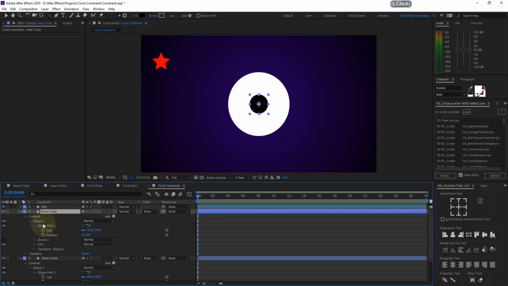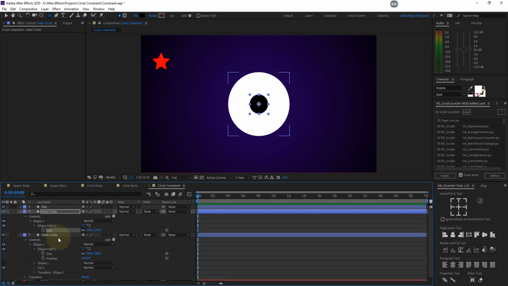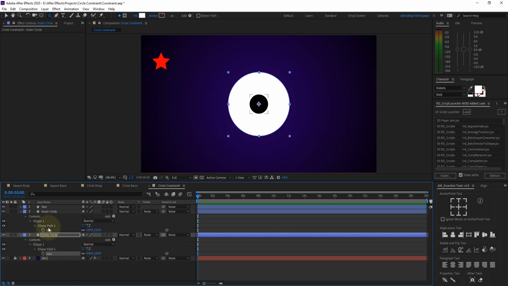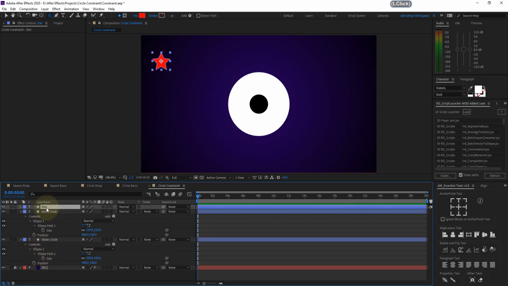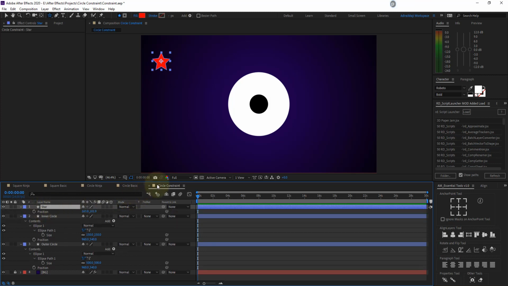That's it. And you have to select the size of inner circle and press S twice, so you can only see the size property, and do the same for the outer circle. Select the size and press S, so it will reveal only the size. And select both of these layers and press and hold the shift button and press P to reveal the position property along with the size. So we have to select the star layer and press P for the position property,